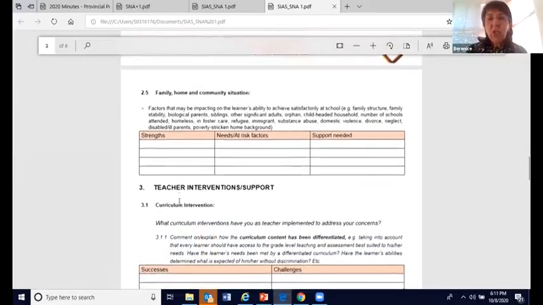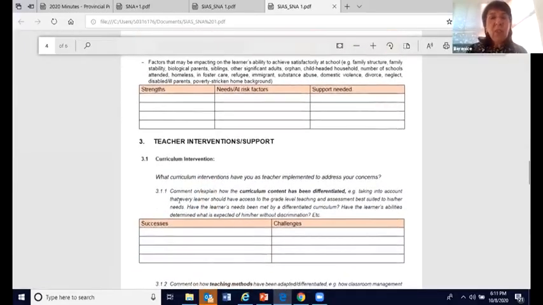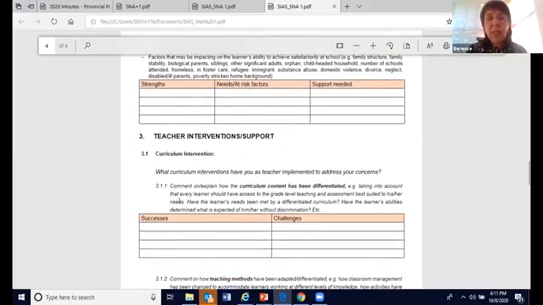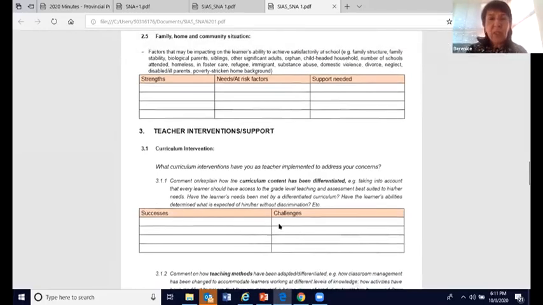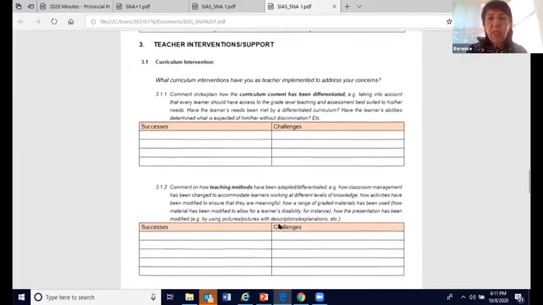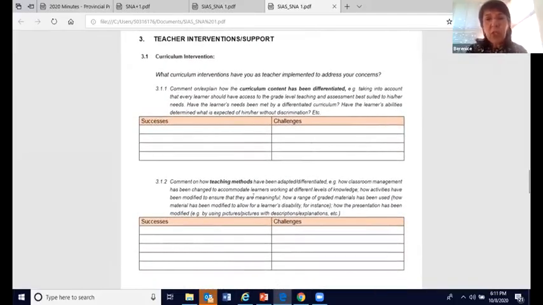Then we look at teacher interventions and supports. Curriculum: what curriculum interventions have you as a teacher implemented, and what have been the successes, but what have been the challenges? Then comment on teaching methods. Have you changed the teaching method that you're using, and what has been successful and what has been a challenge?